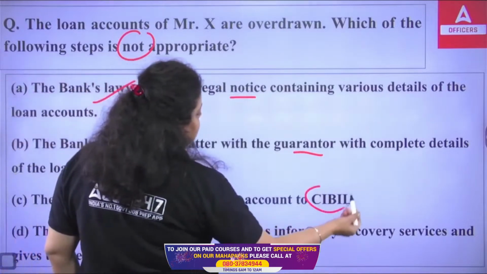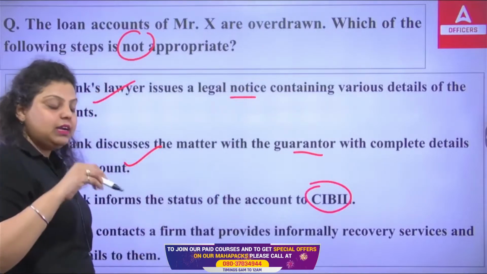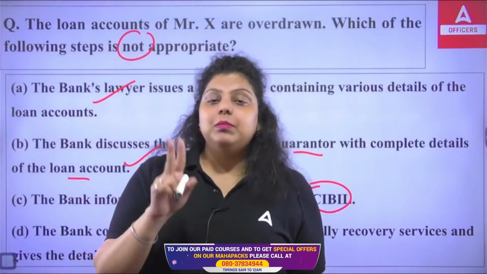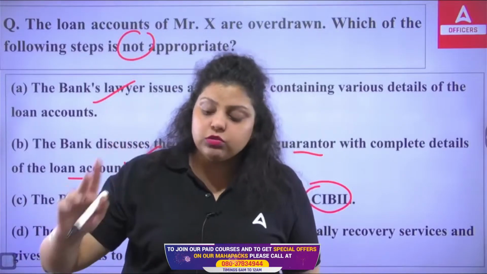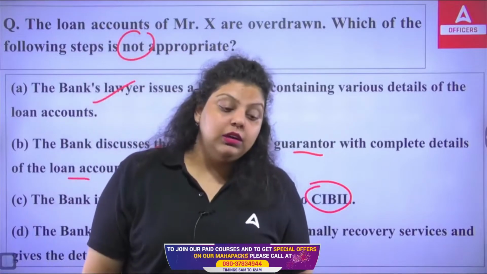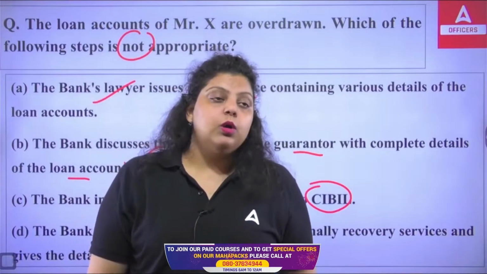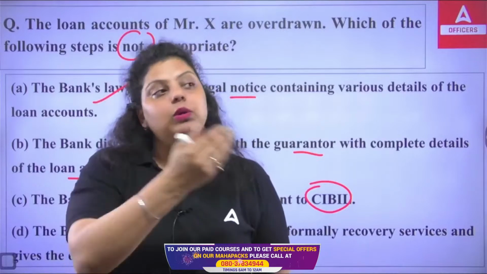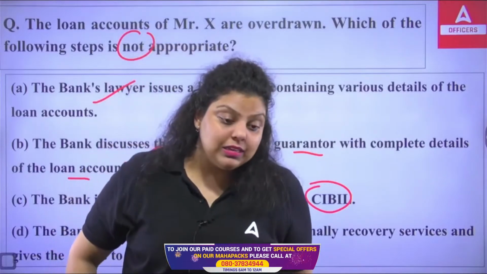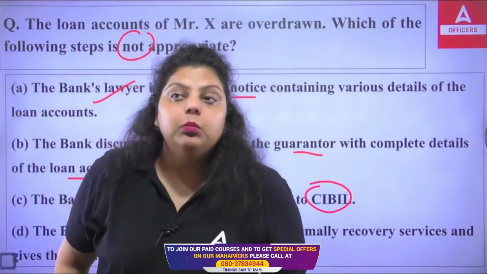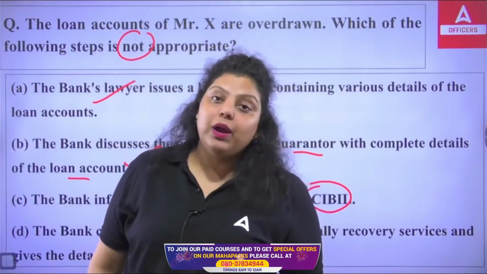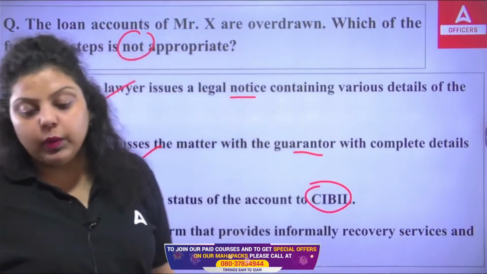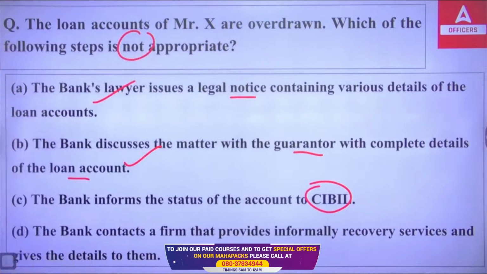This is also true. CIBIL is what? Credit Information Bureau of India Limited, which gives the rating to the customer on the basis of their credit card repayment and loan repayment condition. So CIBIL provides a 3-digit rating to the customer, and it has the biggest customer base, because it provides rating to individual customers like me, like you, like any other person. That's why it has the biggest customer base. Now it has also started providing commercial rating. It also provides rating to the corporates. Earlier it used to provide rating to individual persons only, but now it is also providing rating to the commercial sector.